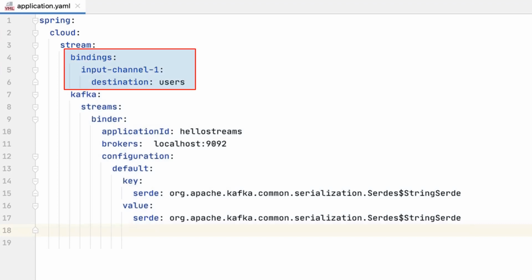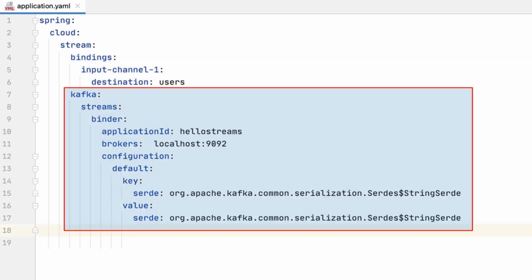The input-output channel binding defines the list of sources and destinations. The binder will define your source and destination technology. Spring Cloud offers you a bunch of binder technologies. You can use Apache Kafka, RabbitMQ, Amazon Kinesis, Google PubSub, Azure Event Hubs, and many more.